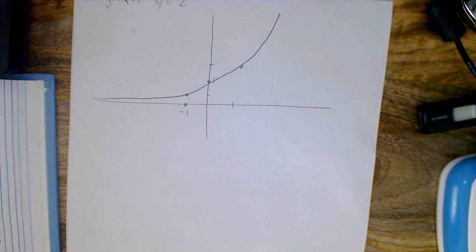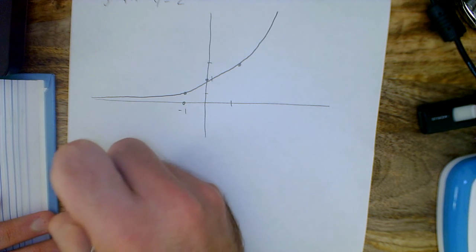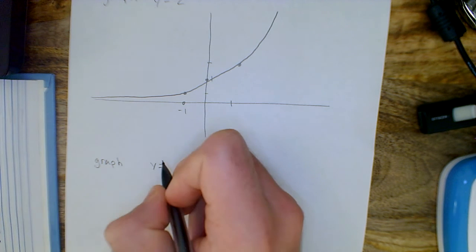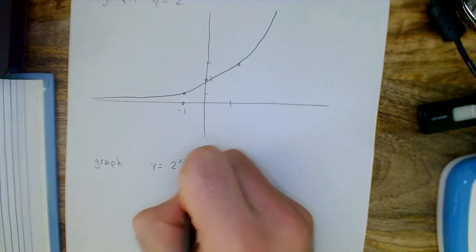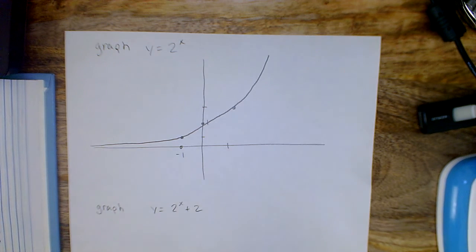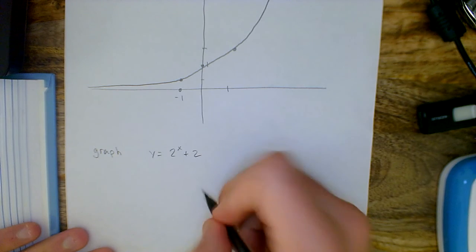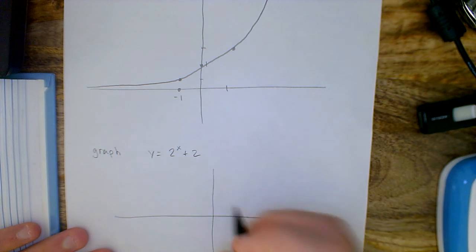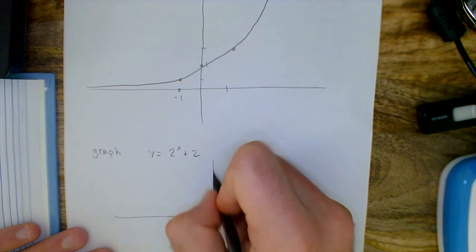So now they ask us first to graph y equals 2 to the x plus 2. So that's vertically shifting our original graph. To draw this graph, we just need the 3 points. Everything gets moved up by 2. So instead